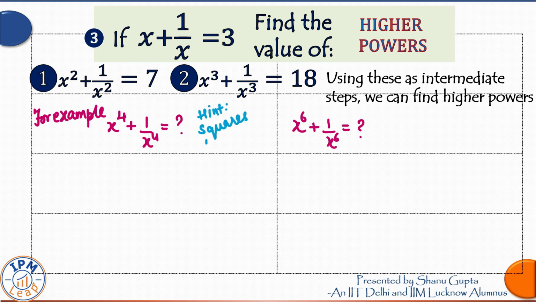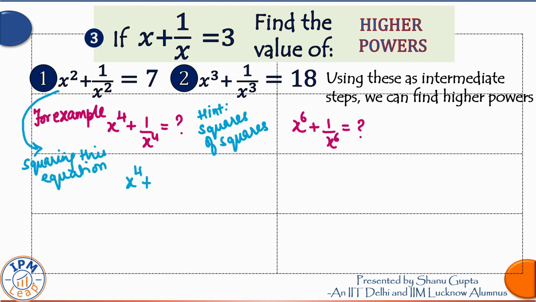This equation, squaring on both sides, we get x raised power 4 plus 1 upon x raised power 4 plus 2 into this term into this term, which will get cancelled out obviously. So resulting will be 2. Right hand side square of 7 is 49. So x raised power 4 plus 1 upon x raised power 4 simplifies to a value of 49 minus 2,